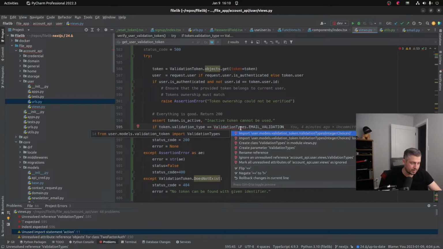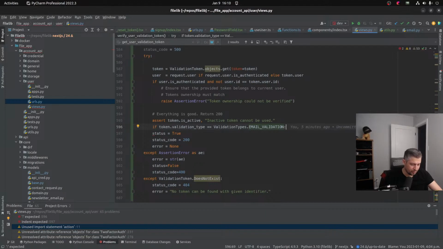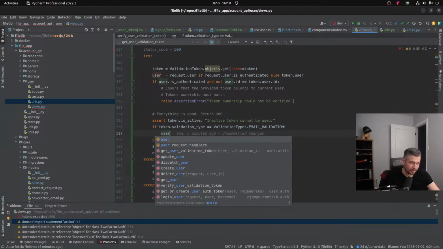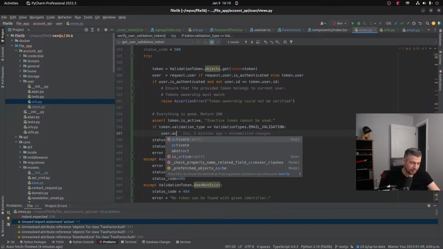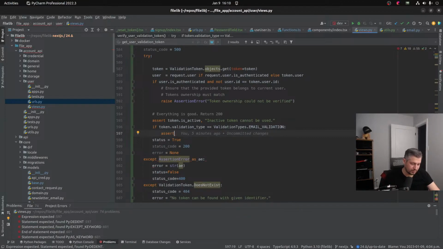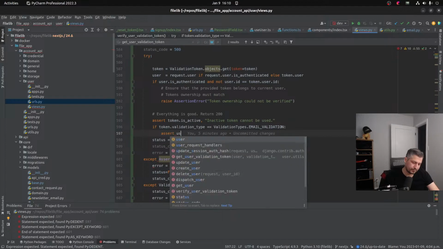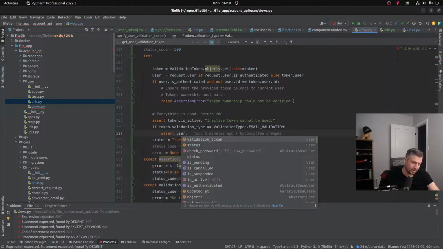Could you please import this for me? Token, right? We're gonna say user dot assert user dot